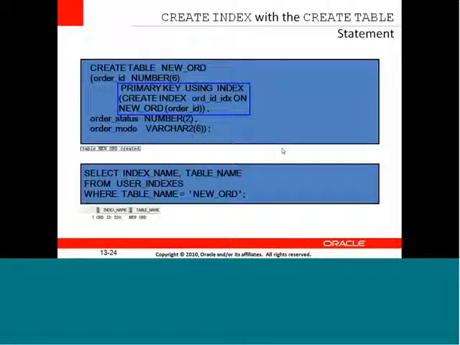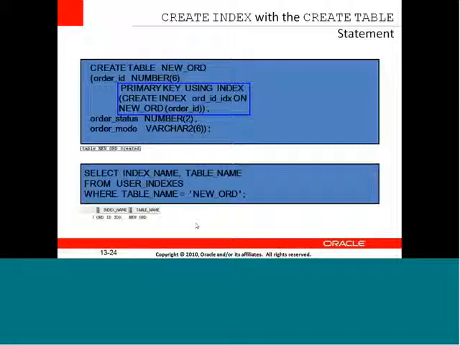Means I'm going to have the order ID column of the new orders table as an index, and I'm giving the name ORD_ID_IDX as the index name on that particular table. Creation of the table is done along with that index. Okay.